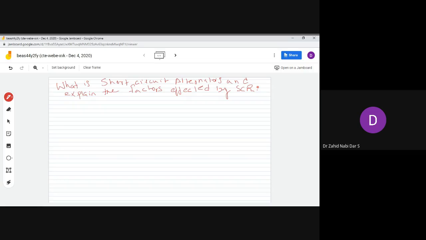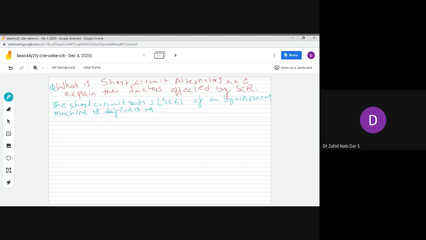So basically, when we have to define the short circuit ratio, the solution to this is the question. So how do you define it? We'll write: the short circuit ratio, also in short SCR, of a synchronous machine is defined